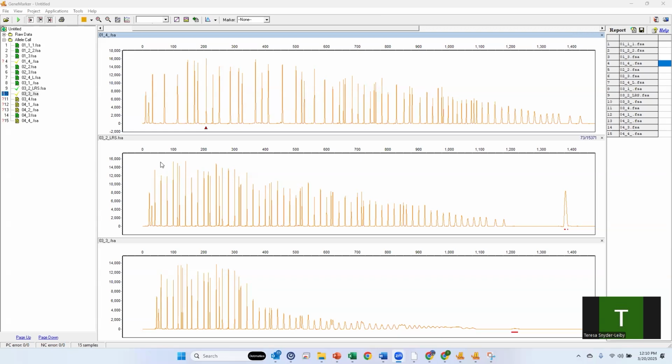So this is the project where the screenshots in the PowerPoint were taken. And I'd like to start here on the left to point out that most of the samples, of course, have green linear size calling, but we see that sample 01-4 was yellow flagged, 3-2 is green and linear, and 3-3 is also flagged yellow along with these others. So we're just going to use these two, 1-4 and 3-3,